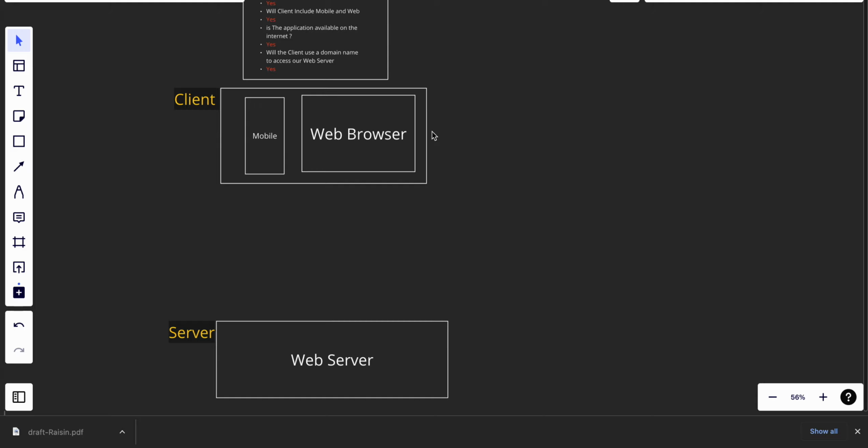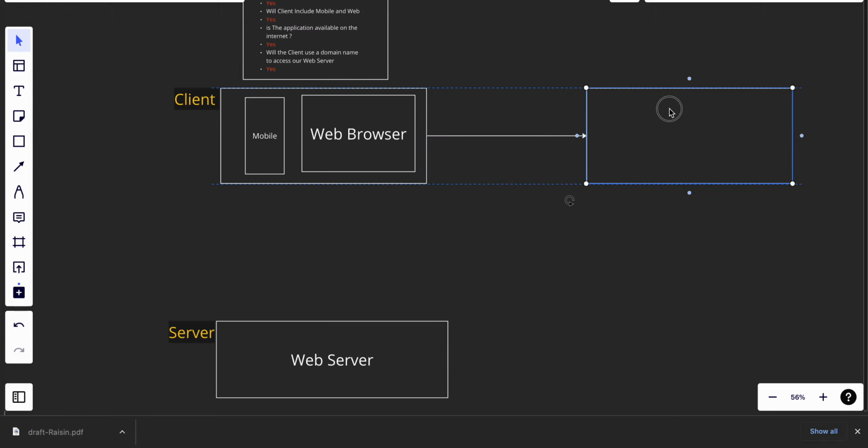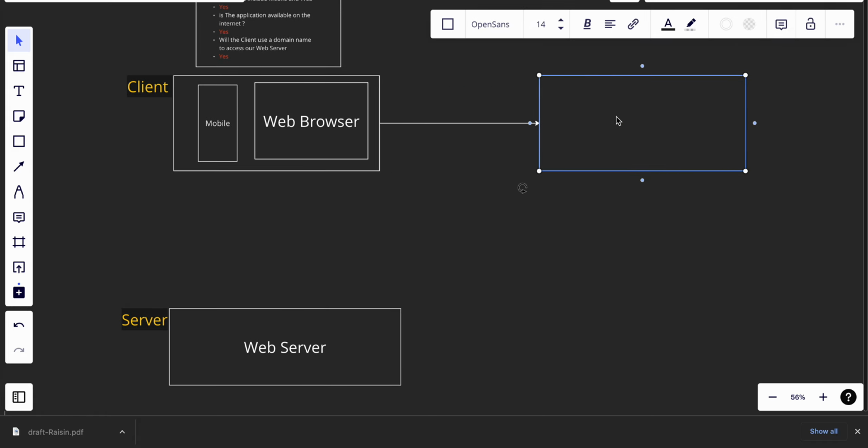If we want to access our web server based on the domain name, we'll use something called